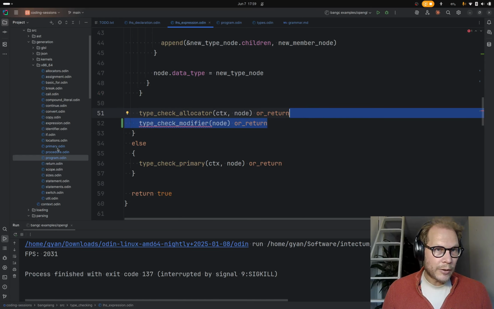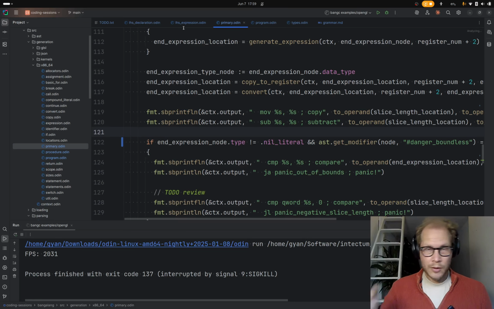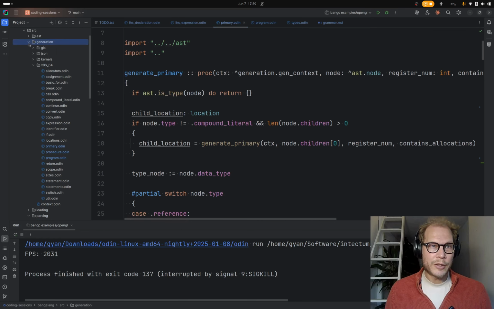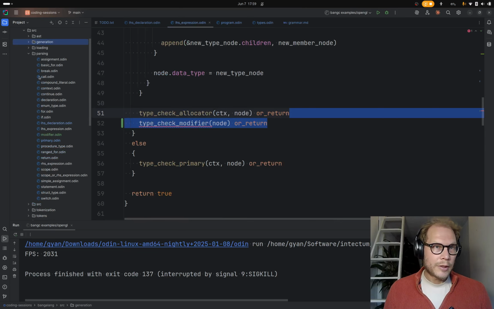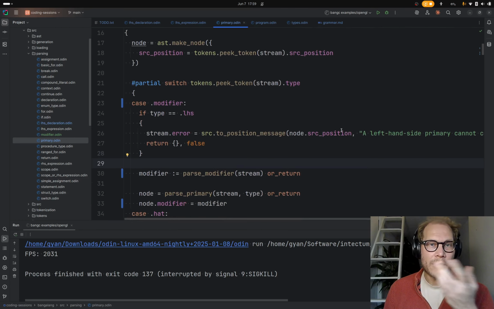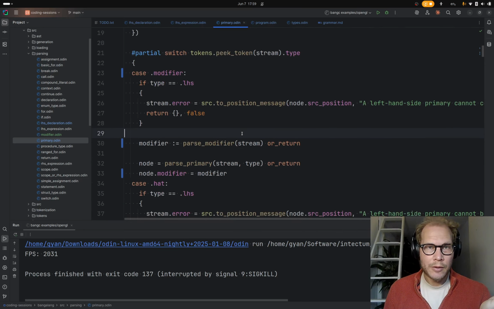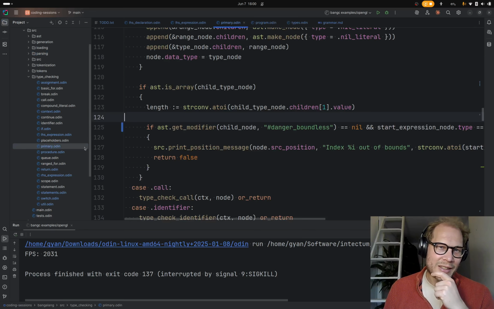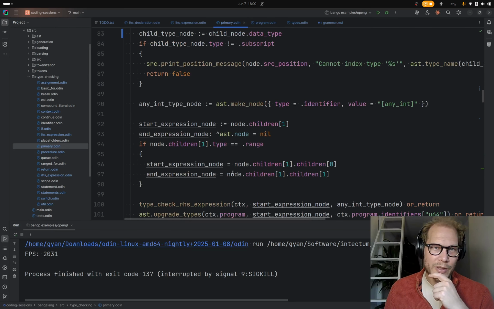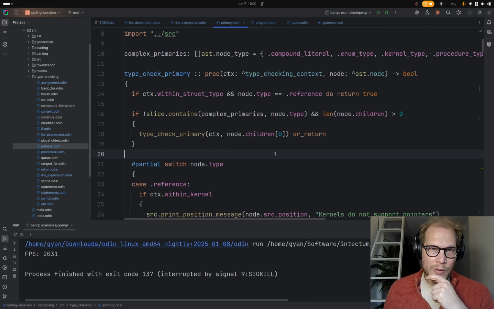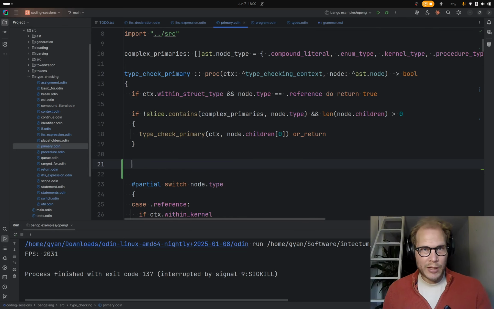And when we are in a primary, if we come across a modifier, we can do it in here. This is parsing. I don't think we explicitly do anything with a modifier in here, so I think we'd probably do it up here somewhere.